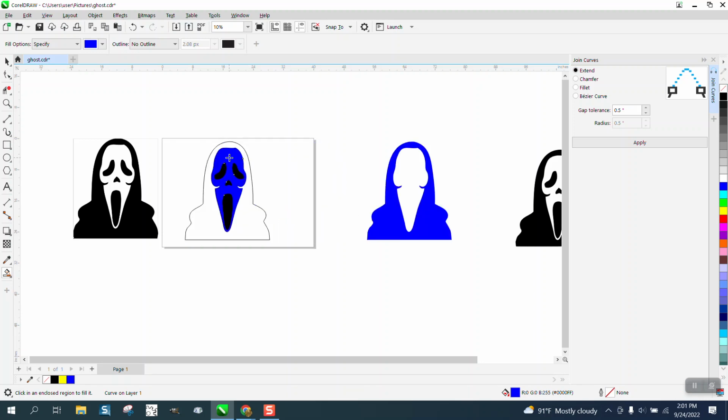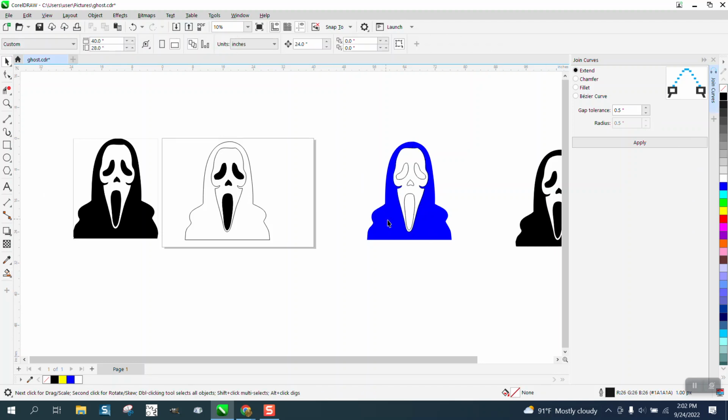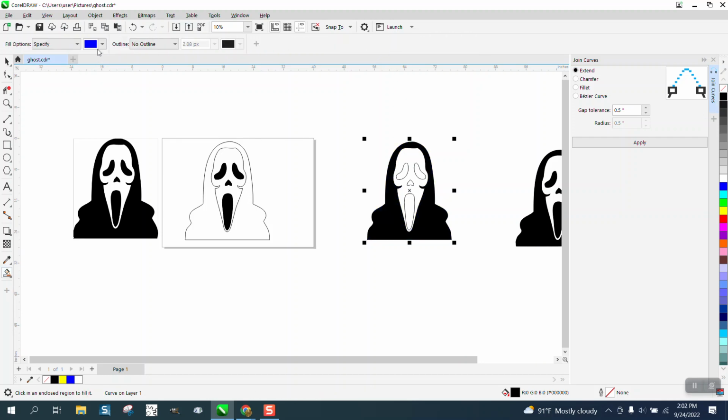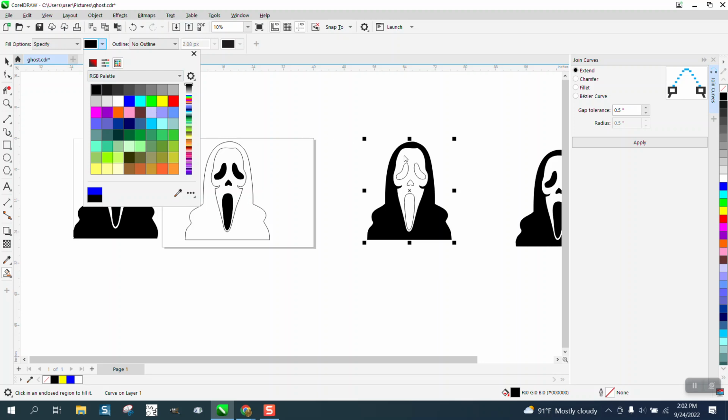Then I'm going to fill this in with blue. And, that's not what I want, but then I can make that inside white, or at least do like that in a black outline. And now I can make everything black if I want. I'm going to make that black, take my Smart Fill tool, set on black this time,